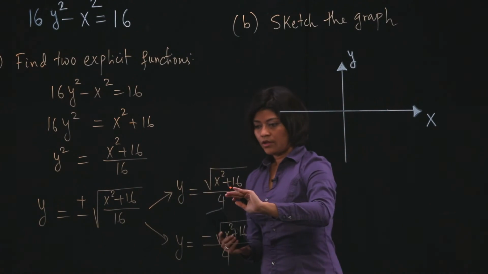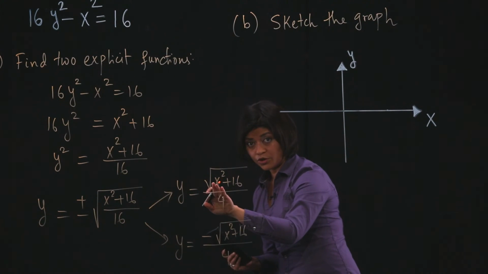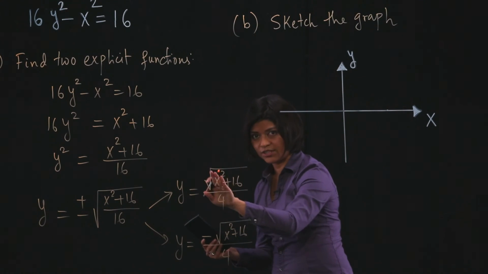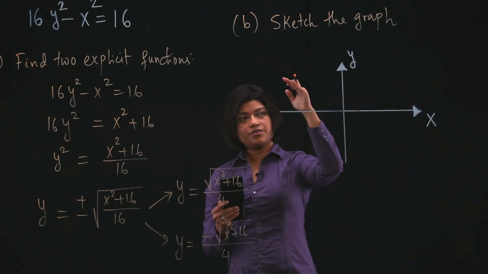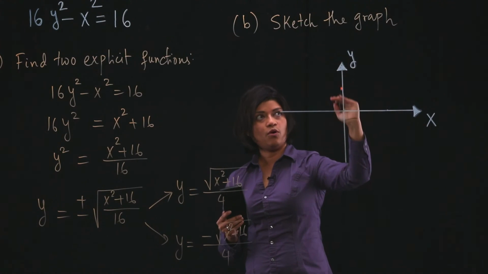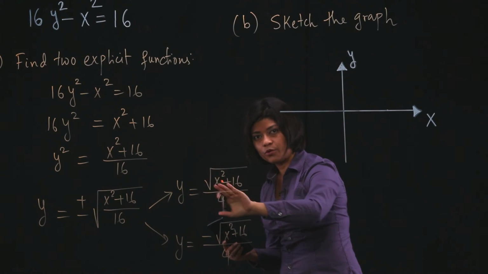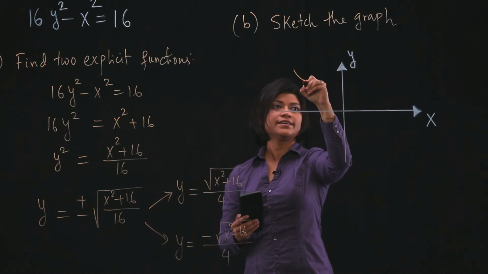For the first one, y is going to be positive because a square root can never be negative, and 4 is positive, so the numerator is positive. Therefore, the graph that you get on the upper half of y should be the graph of this positive portion. So you see we get a graph roughly like this